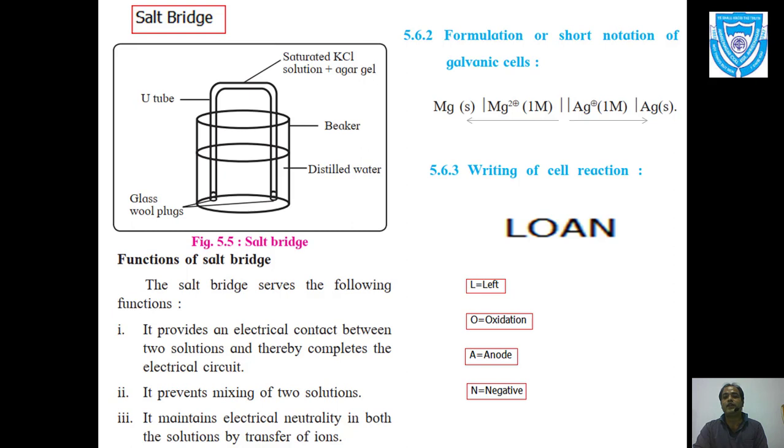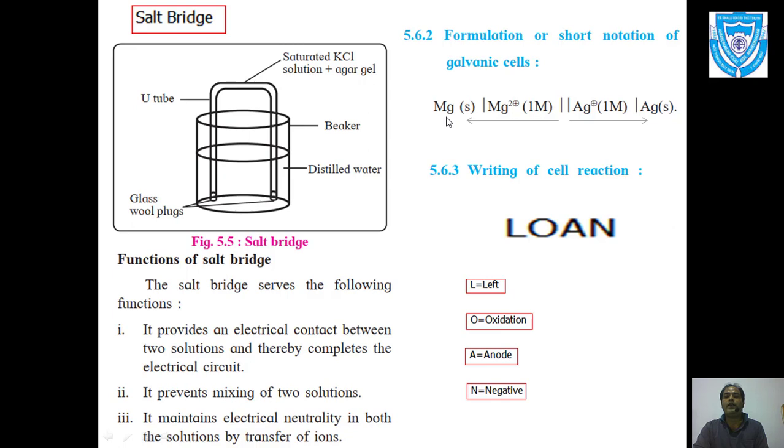That means how to read or how to write the notation of the galvanic cell. So there are two ways. Either you go inside from the outer one, that is from magnesium towards this double line, or from Ag to this double line, or from these double lines to the left hand side as shown by this arrow, and from these double lines to the right hand side as shown by the arrow. So there are these two half cells. We'll see one by one how to represent this.